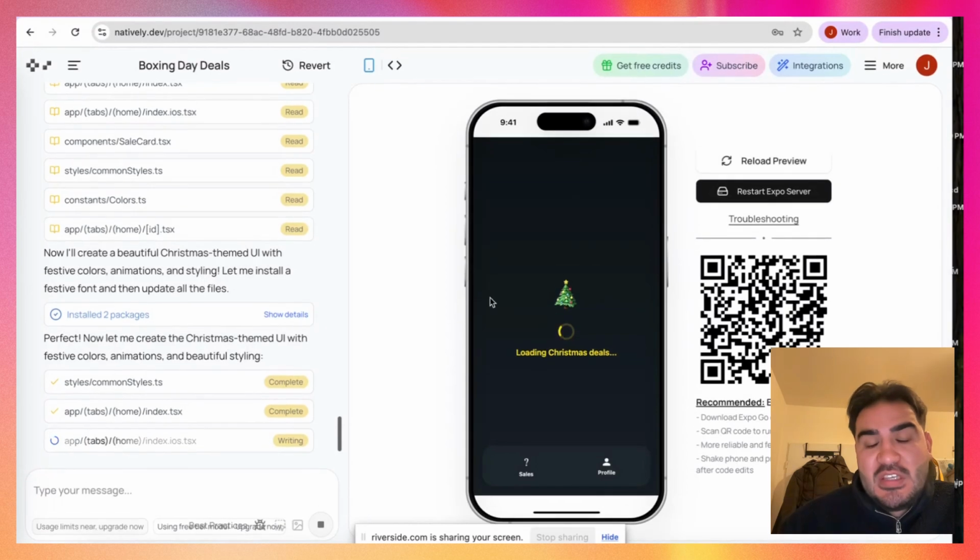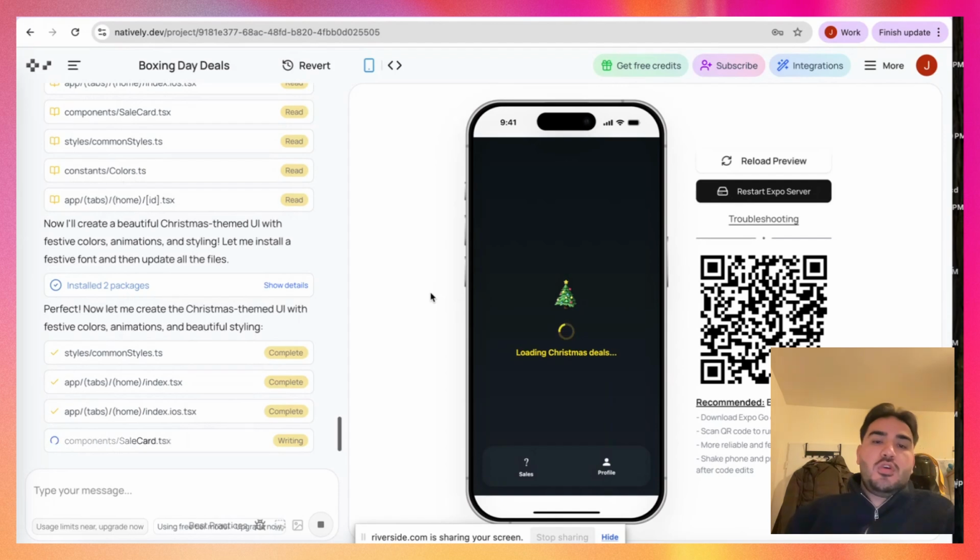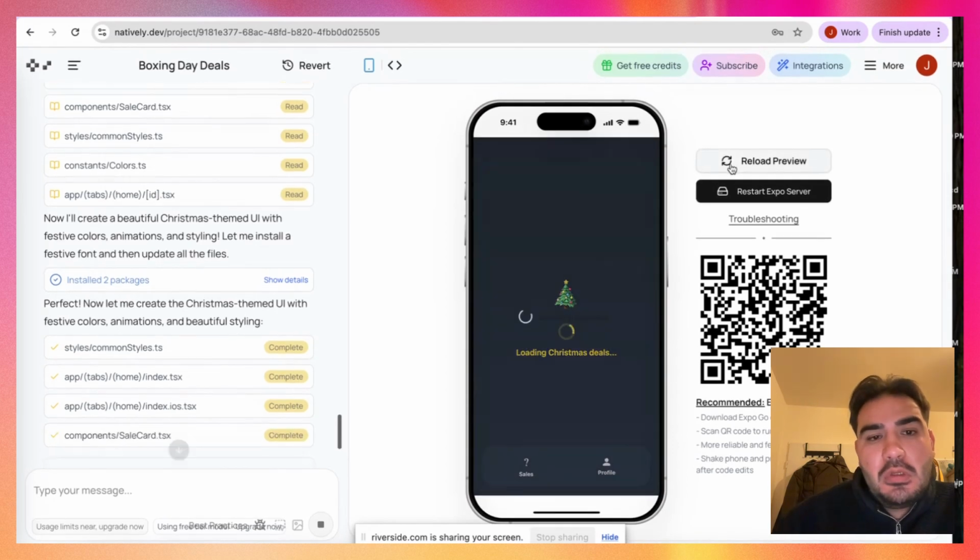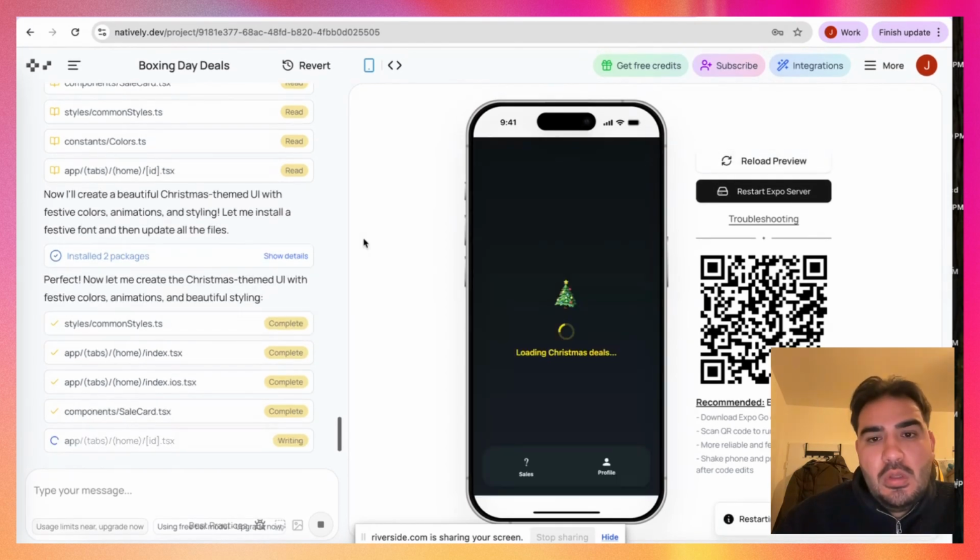I hope that someone can take it from me. Of course, they can customize it and change it not only for Christmas but for other occasions. I know Christmas is over and Boxing Day deals are going to end soon, but other occasions are coming, so you can use the opportunity to change the app theme to a different one. So just go build this, and if you would like to have access to this app, just let me know. I will give you access, and then you can build it further.